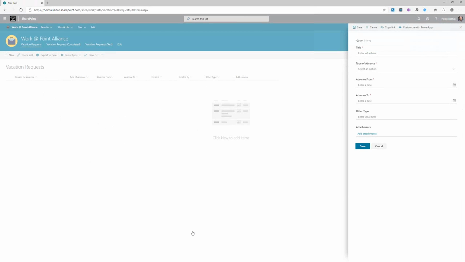Now, normally, if I just went to SharePoint and I created the form and I clicked on New, I would get a form that looks like this. This is the out-of-the-box form that's available with SharePoint, and it allows me to capture information. So I'll just do test before custom form, type of absence. I'll pick from a drop-down list,